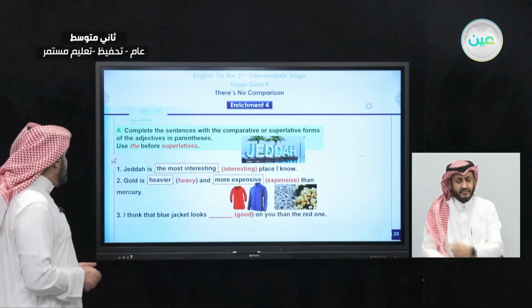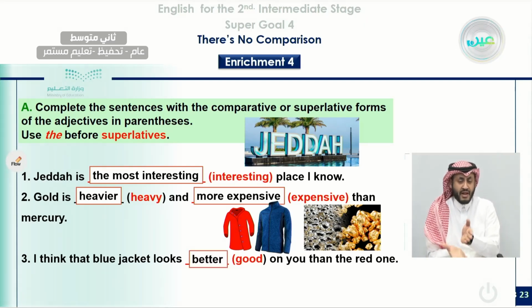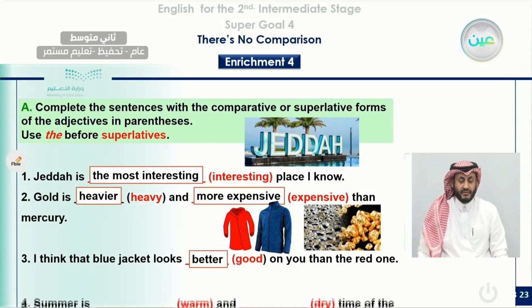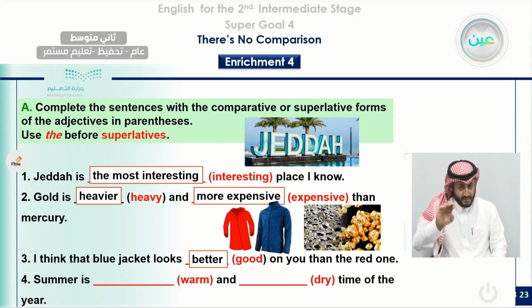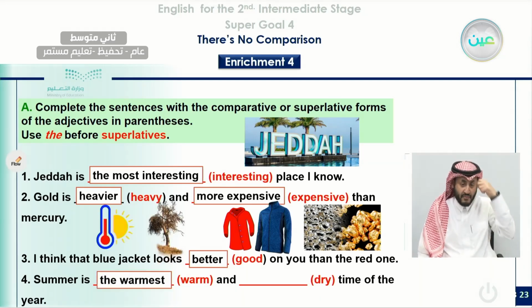We can say I think that blue jacket looks. Now we're comparing between the red one and the blue one, so we want to use the comparative form, so we can say better than the red one. So we can say here I think that blue jacket looks better on you than the red one. Another sentence here, summer is comparing to winter, we can say warmer than, okay, warmer than. And dry, we can use also the comparative form, drier